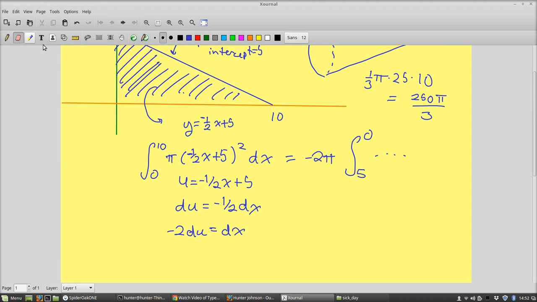Okay, so I'll finish writing that. It's a little annoying though, because I'm going to use that negative sign to flip the limits. But what do we have? We have u squared du. So this is the same thing as 2 pi integrated from 0 to 5 of u squared du, which is 2 pi times u cubed over 3 from 0 to 5,